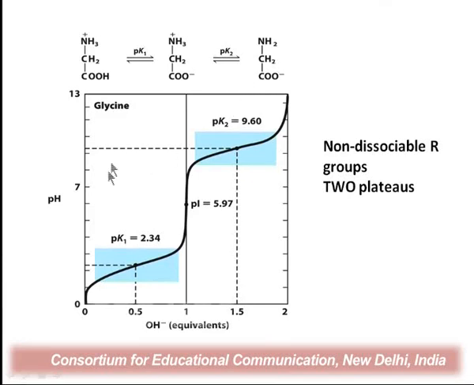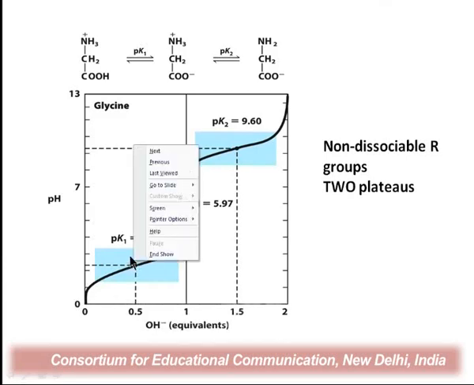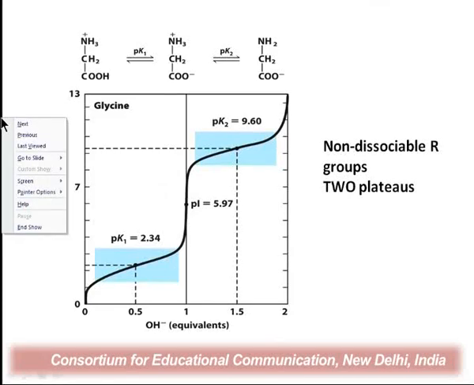Now if I represent it in the form of a titration, then this point, please remember, is the pK1, where there is dissociation of the carboxylic acid, and this point is the pK2, where there is deprotonation of the ammonium ion. So when we start the titration from an acidic medium and gradually decrease the concentration of H+ ions, this acid undergoes deprotonation. The carboxylic group starts undergoing deprotonation, and at the pK1, which is 2.34, it will lose its proton,